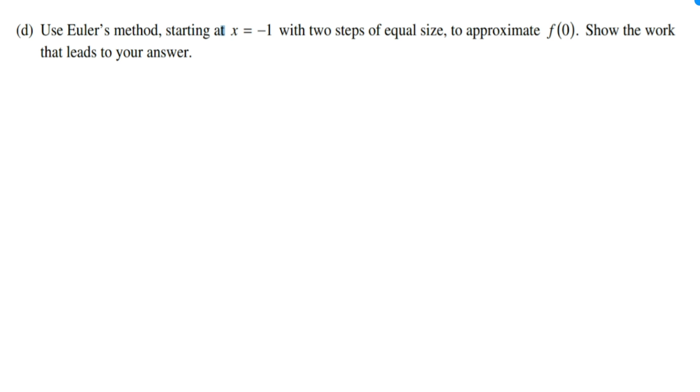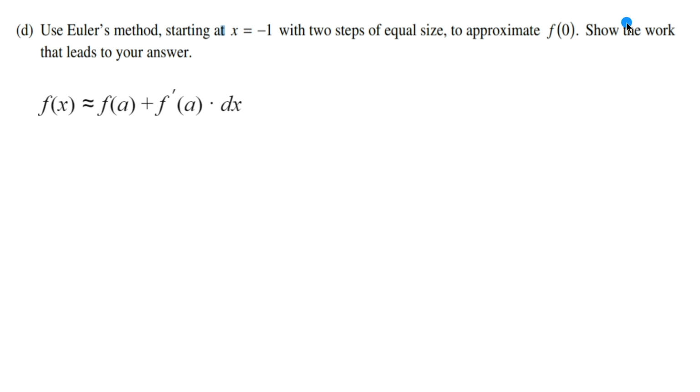Lastly, we have part D, which says to use Euler's method starting at x equals negative 1 with 2 steps of equal size to approximate f of 0. Show the work that leads to your answer. So Euler's method is a way of approximating points on a curve using many tangent lines. And the formula for Euler's method is